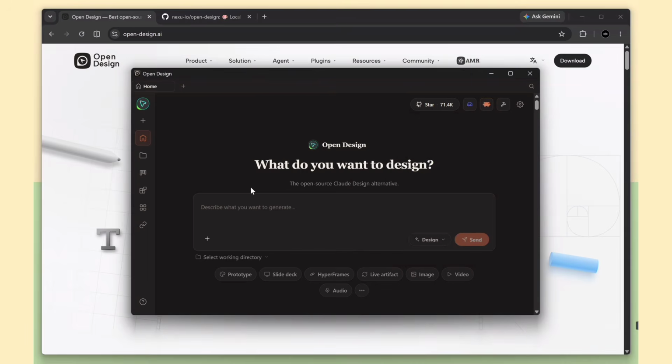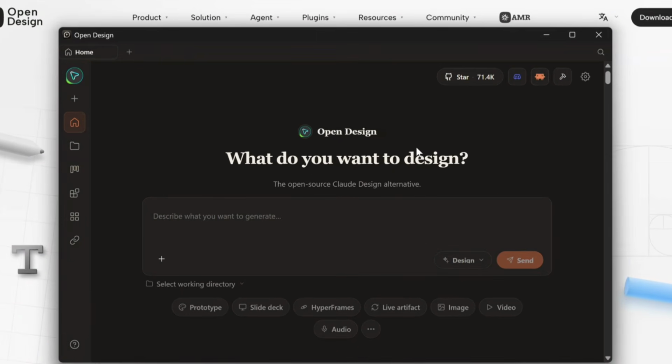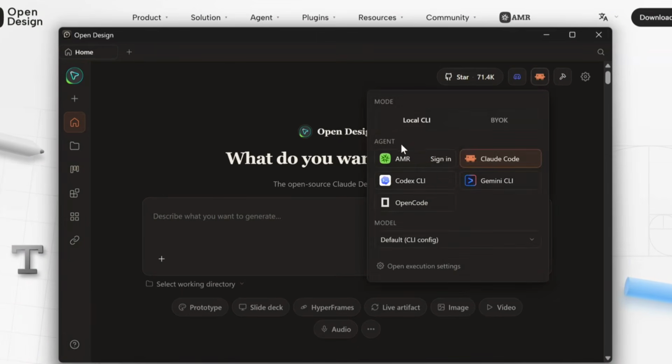Once you've installed it, it'll ask you a few onboarding questions. Just complete those and you'll be taken to the main chat interface. At the top right, you can select your AI agent provider. For local CLI providers, you can use Claude Code, Codex CLI, Gemini CLI, which also has some free usage limits,